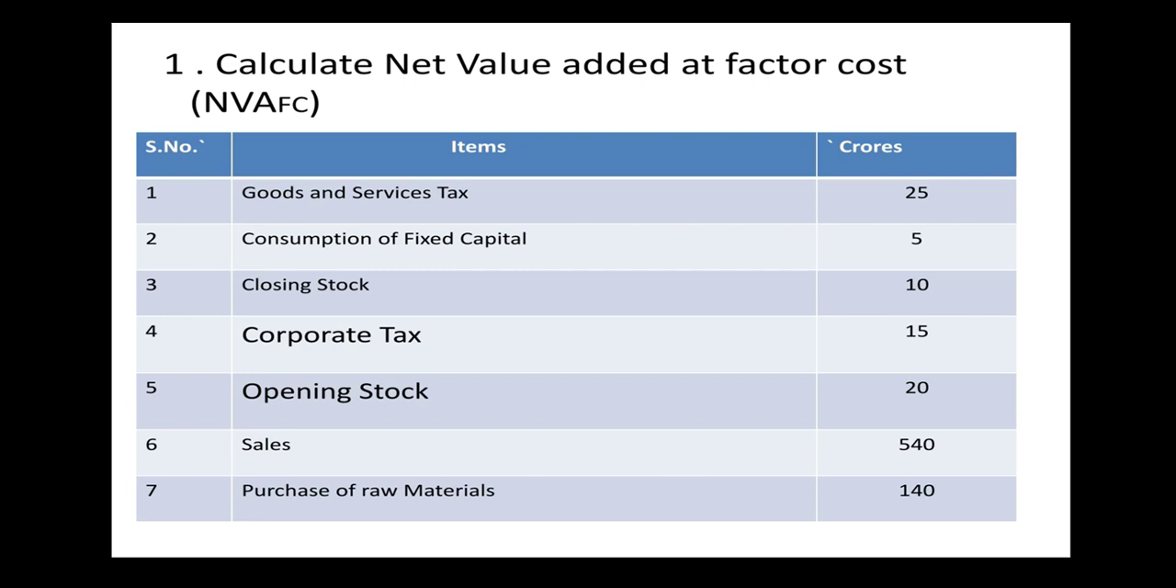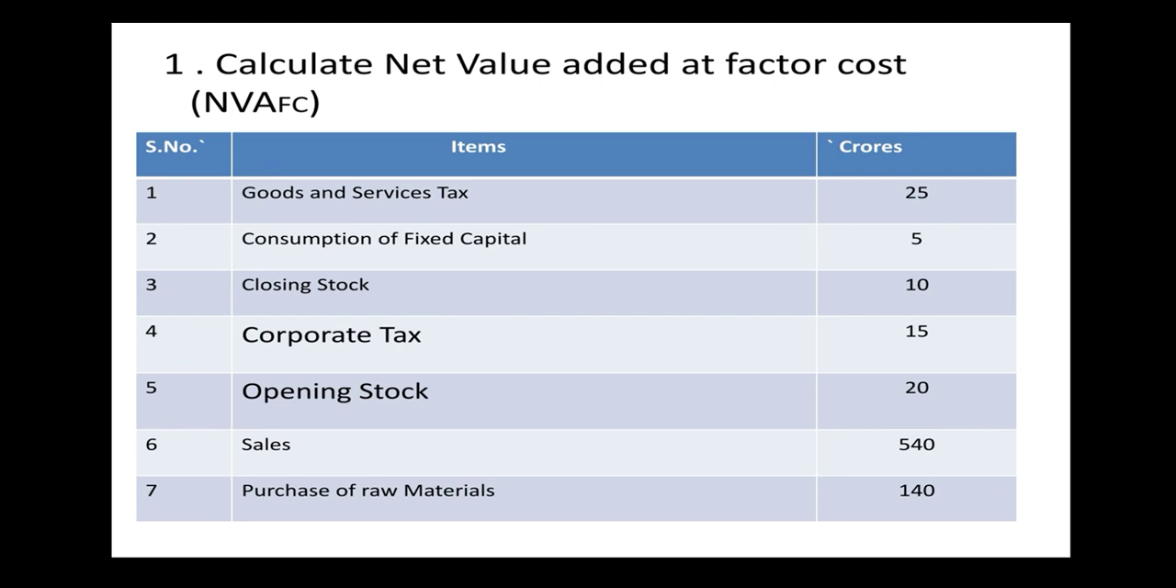Now, how to calculate the national income with the value added method. Here in this numerical we need to find the net value added at factor cost, and these are the items in crore. These items are goods and services tax, consumption of fixed capital, closing stock, corporate tax, opening stock, sales and purchase